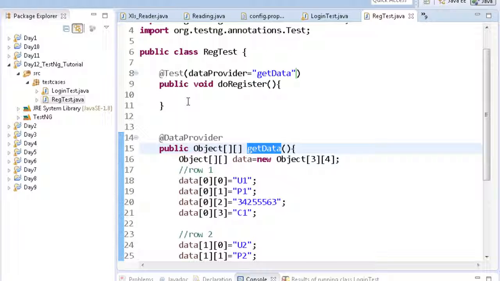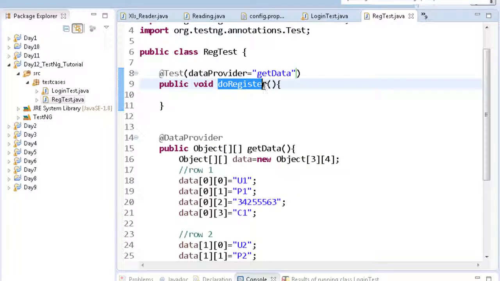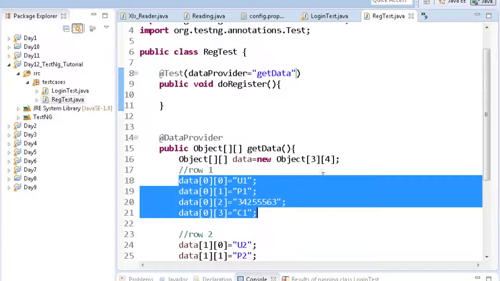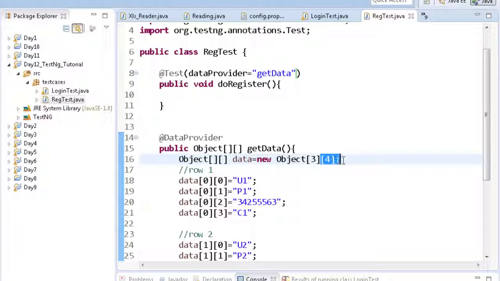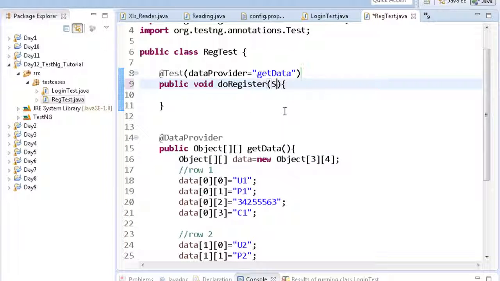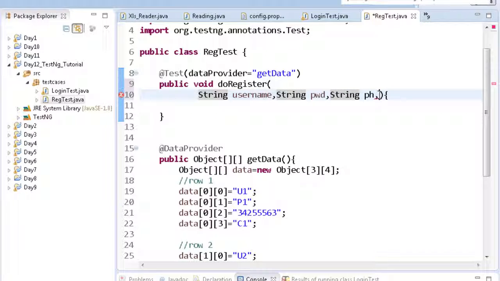And the last thing is that the number of input parameters in this function should be the same as the number of columns. There are 4 columns, so there should be 4 input parameters like this: String username, String password, String phone and String city.